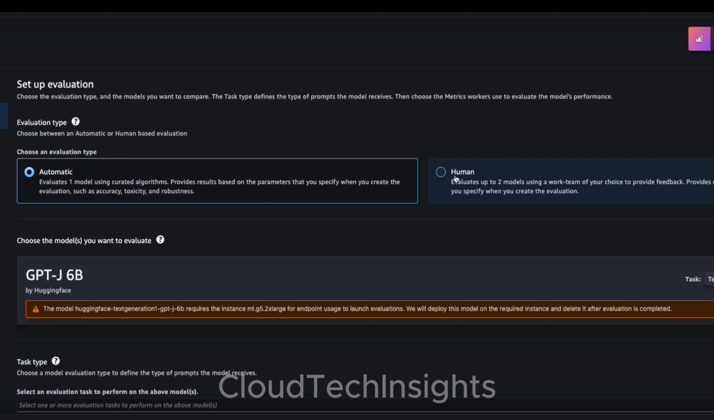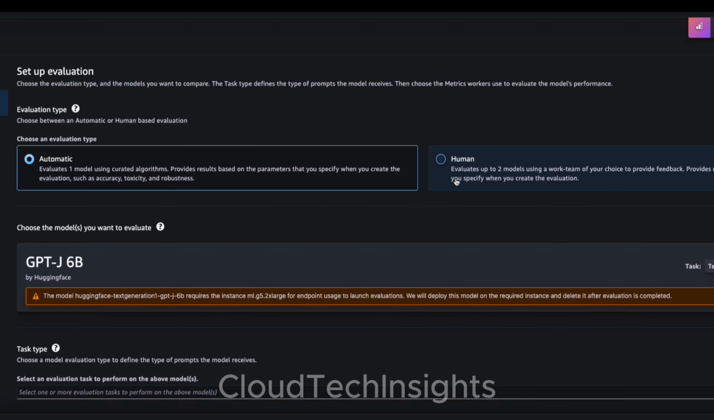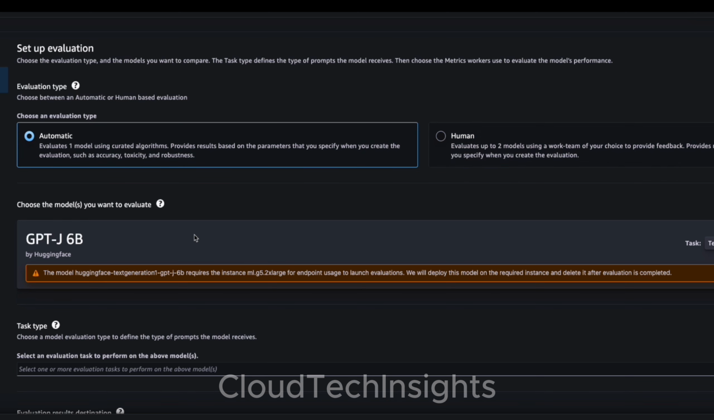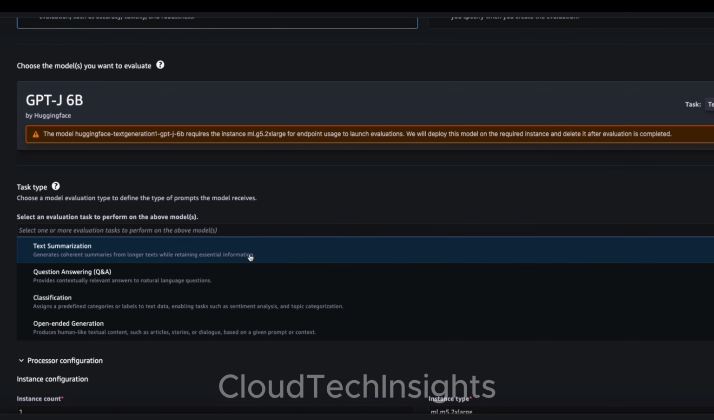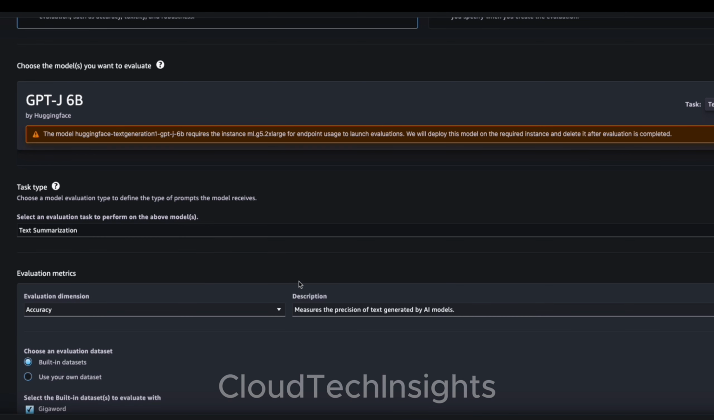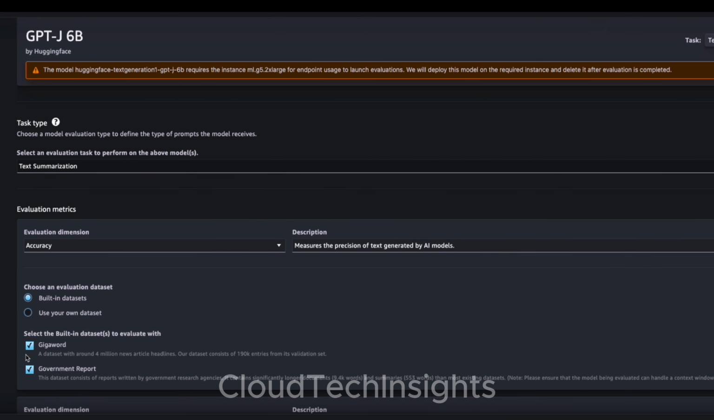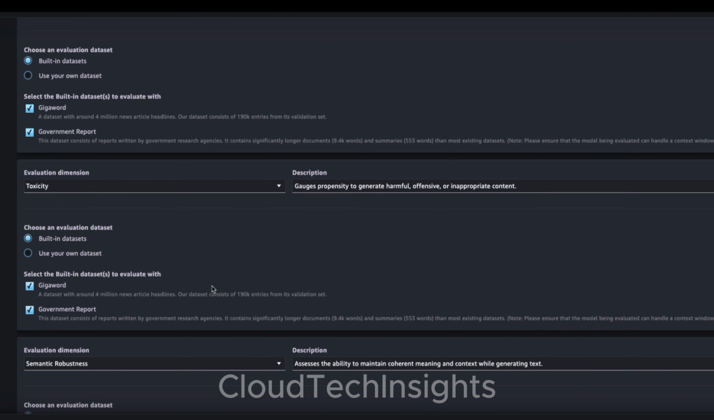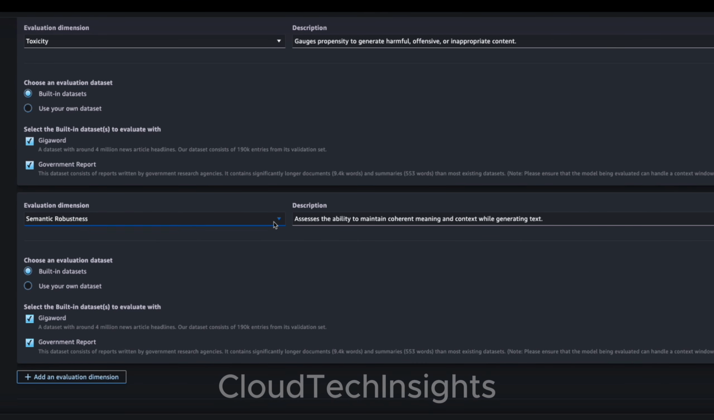And like I said, with human, you have to hire a team, an internal team, or you can have your own team or somebody from AWS to label your data set or tag your data set, to see if it's responding the way you are looking for. And once automatic is checked, select the type of evaluation for the LLM model. So if you want to test text summarization, they have the text summarization option. And if you look at this, you have options to do accuracy, toxicity, semantic robustness, and similar